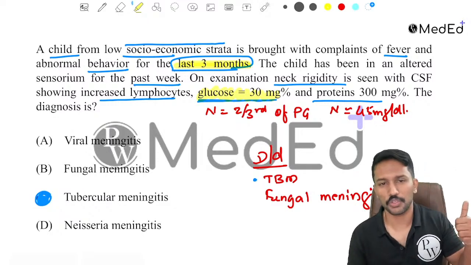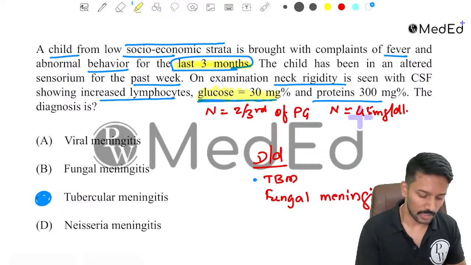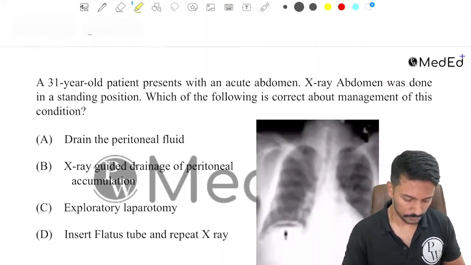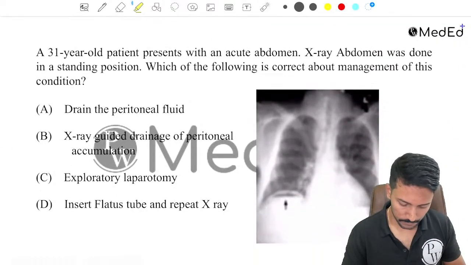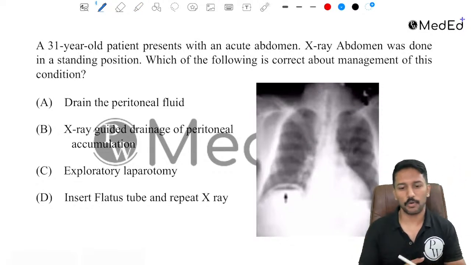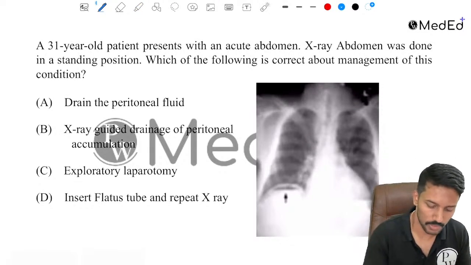Low glucose, low socioeconomic strata, chronic meningitis, lymphocyte predominant, so that would be counted as tubercular meningitis. Okay, so this question we have already done, so you know what is this case. It is about the management now, right? So here is a patient with